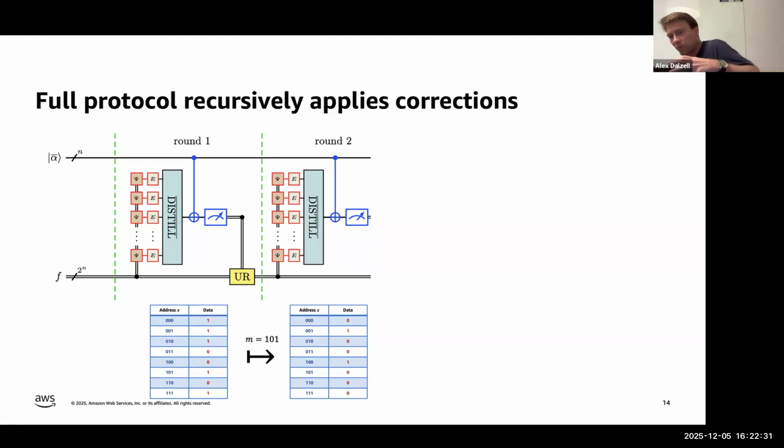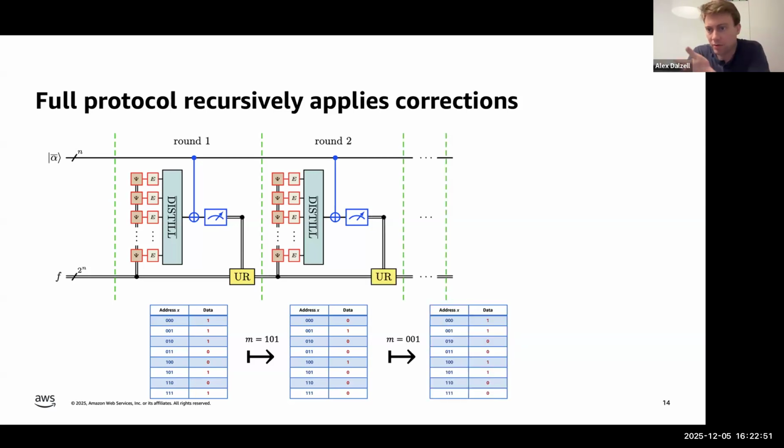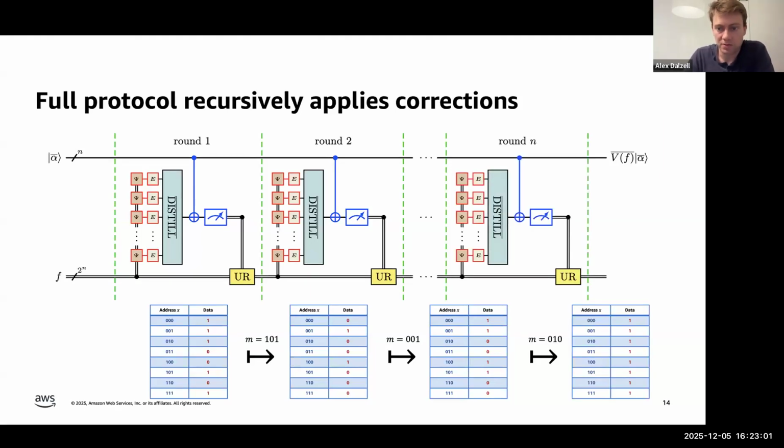And then we perform the update in the exact same way that we performed the original QRAM operation, using resource state preparation, teleportation, and again an update. Because of course we're going to need an update to the update, and an update to the update to the update. It will keep going on for a while. And you might think that it will go on forever, that unless we get lucky, we'll never terminate this process. But it can be shown that actually this will terminate after only n rounds.